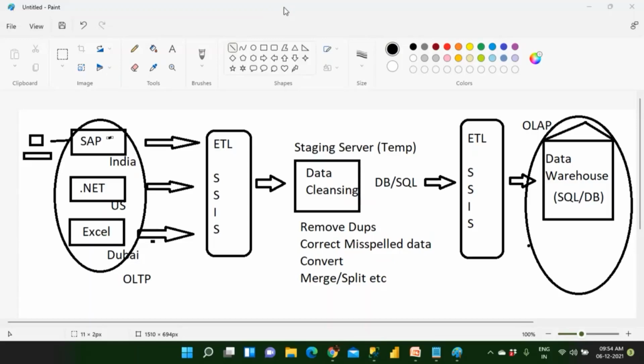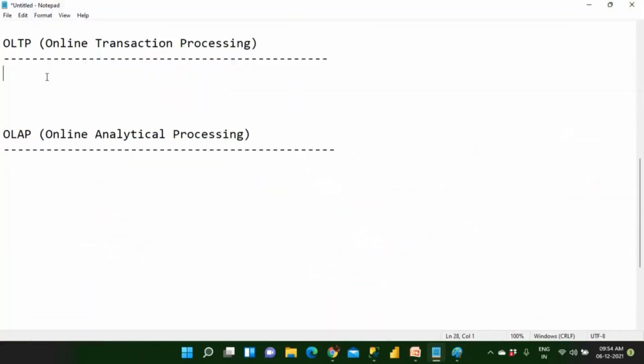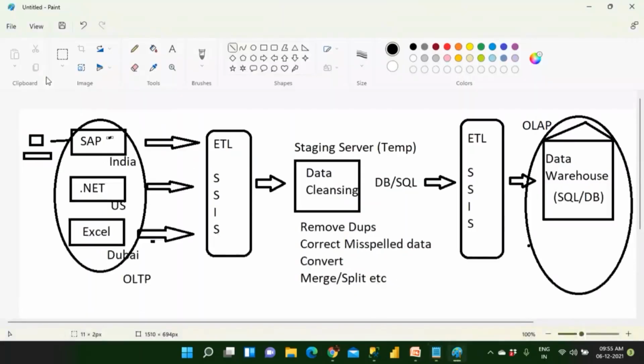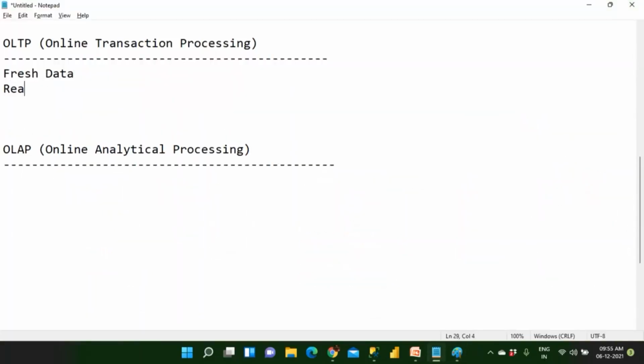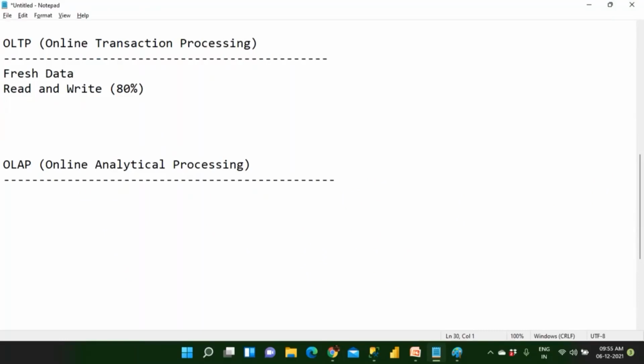Okay, guys. Whenever you buy any product, you are going to be connecting to one of these servers. These are called OLTP servers, where the fresh data is going to come. Already you know these points because many times we discussed, but once again I'm going to discuss this point. Wherever you have fresh data, that is called an OLTP server, and you have read and write data. Most of the time, 80% of the time, we are writing data into the computers,